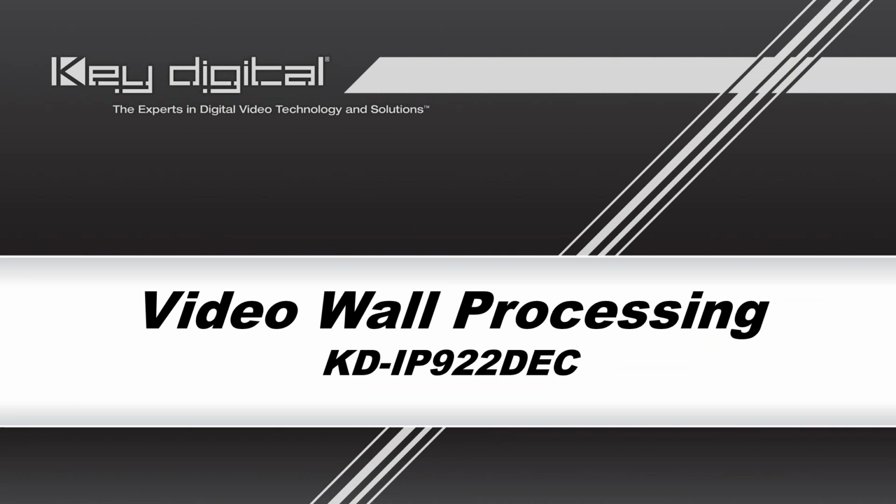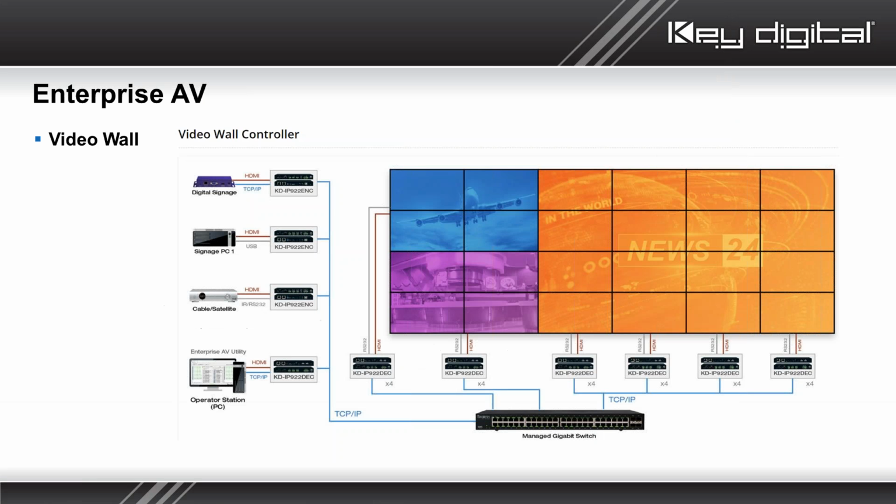So now let's go ahead and get into a really, really exciting feature that's built into every KD IP922 decoder. You need one decoder per display, and you can build a video wall out of the system. We see the example here that we like to utilize where you have 4 video sources, or even, we show 3 different things on the screens at this time. So you would just need 3 or 4 encoders, and in this configuration's case, we have